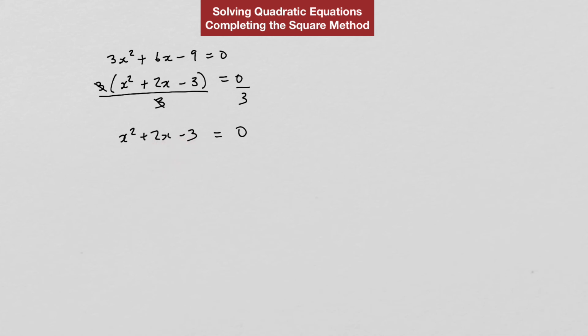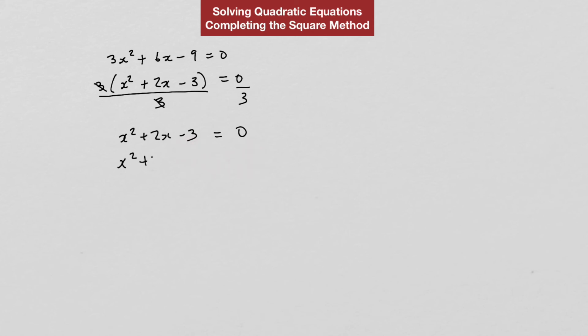In this case they can, because we get x plus 3 times x minus 1 is equal to 0, and we find that x is equal to negative 3 or x is equal to 1. But for purposes of this particular technique, we're not going to go down that path. So first thing we're going to do is move this negative 3 over to this side, and we get